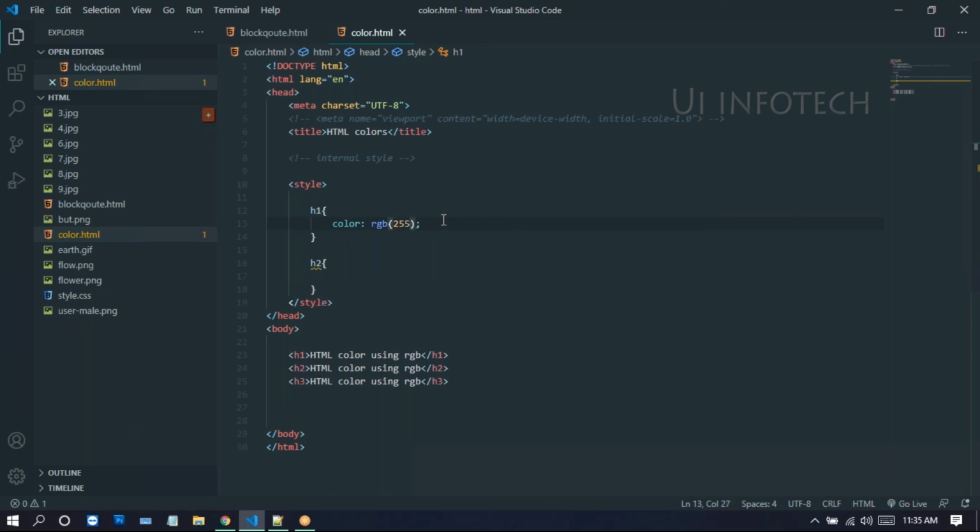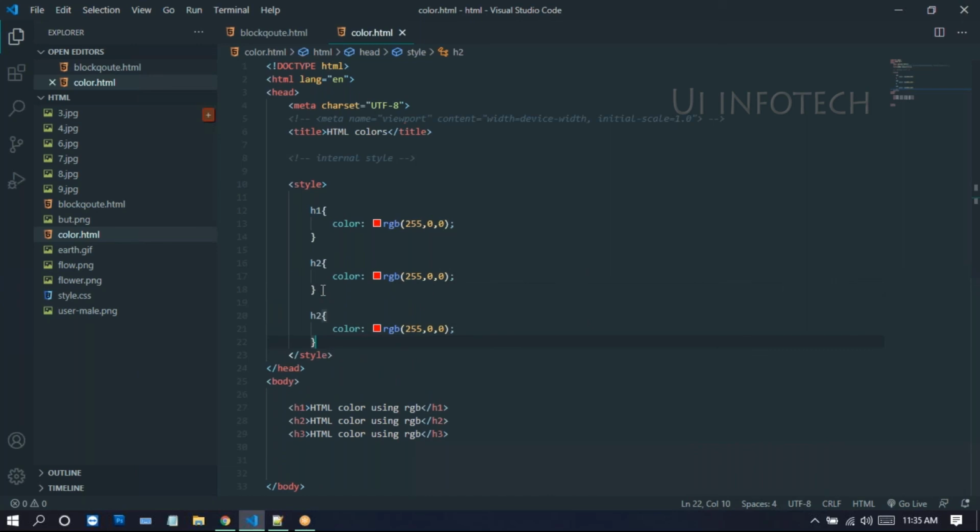Now we can write these tags. For H1, RGB first one is red: red is present, 255, 0, 0.